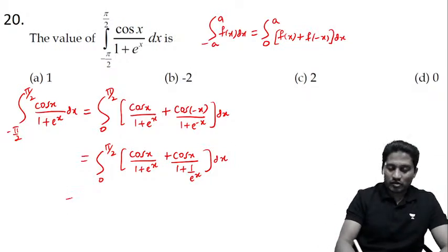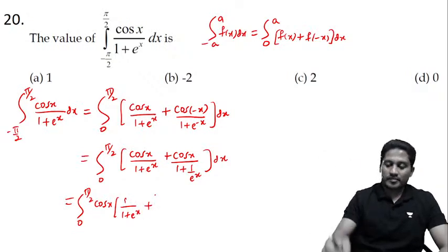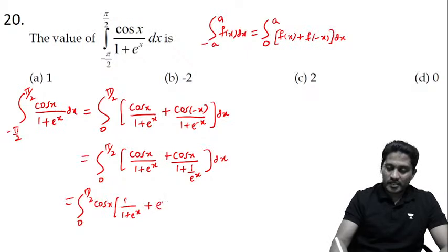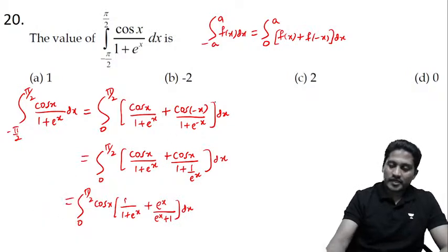If I take cos x common, this is 0 to half. Take cos x common, you will get 1 by 1 plus e power x. And this fellow goes to the numerator. Cross multiply and shift to numerator, you will get e power x divided by e power x plus 1 dx. Okay, now this becomes